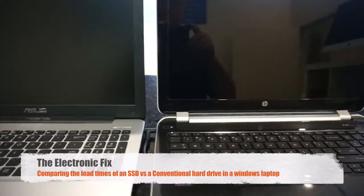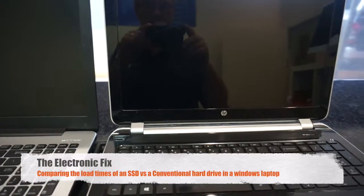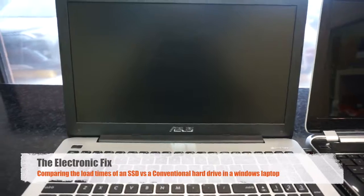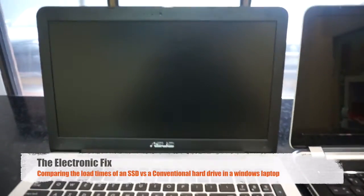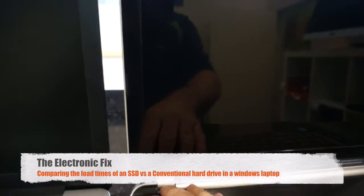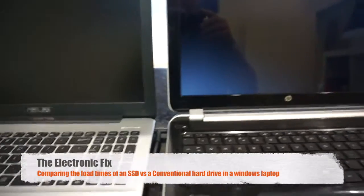Okay, here we have two Windows PCs. The one on the right hand side's got a standard hard drive in it. The one on the left hand side I've just installed a solid state drive just to compare the boot times on Windows PCs. So if we start this one up first, we start this one up second, let's see how